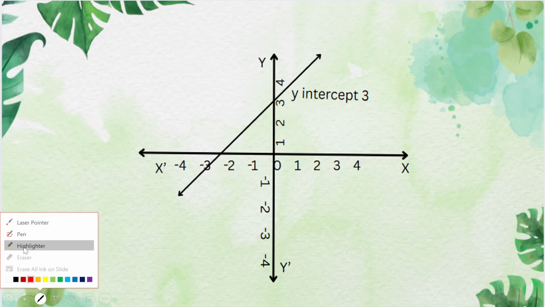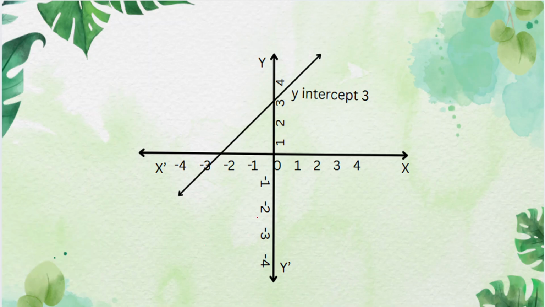Let us discuss this with different examples. I am drawing a line something like this. This line cuts the negative y-axis at -2, so its y-intercept will be -2. Now let us draw another line such as this. This line is parallel to the y-axis, so its y-intercept will be 0. Now let us discuss lines like this. This line cuts the positive y-axis at 4, so its y-intercept will be 4. It is actually the point where the given line cuts the y-axis, either positive or negative.